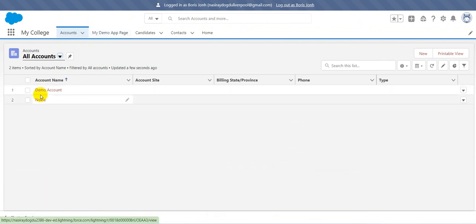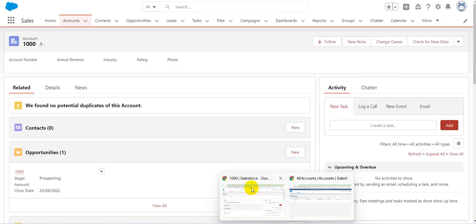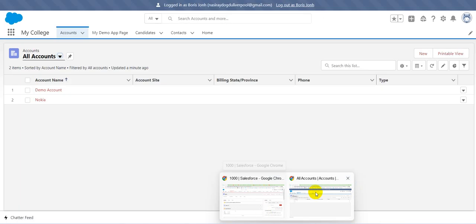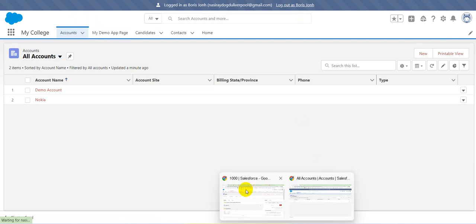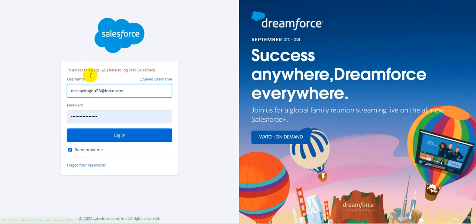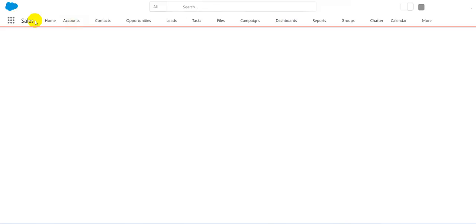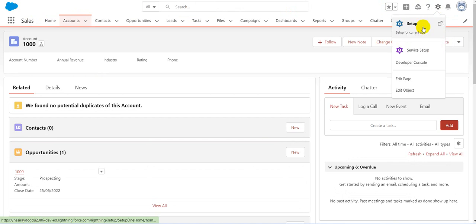Now, as you can see, if the organization-wide default is private, each and every person has his own account and cannot see other people's accounts. But if I make it public, log out, and then I make it public,